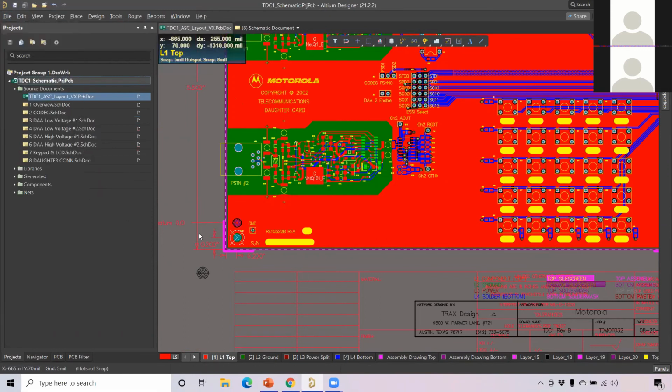So what we have learned from this import method is, once we import it, first we need to do the ERC checking in the schematic. Then in the PCB, we have to do the DRC check, whether the imported file has any errors. Next, we have to do the component links to make the link between the schematic and the PCB. Then we have to do the annotation.